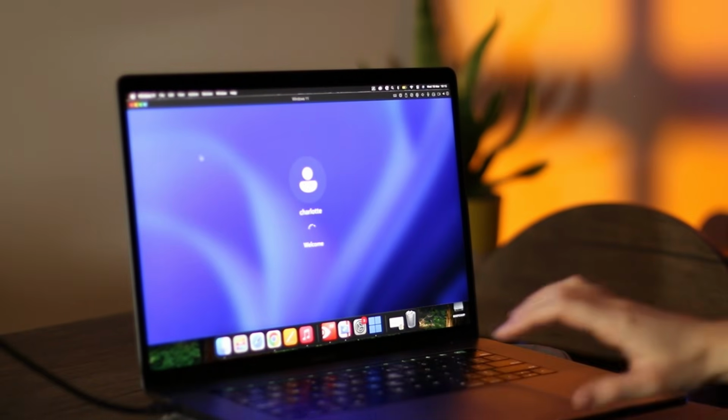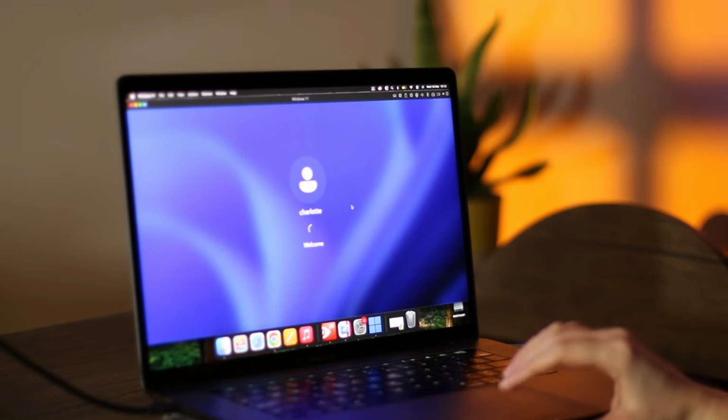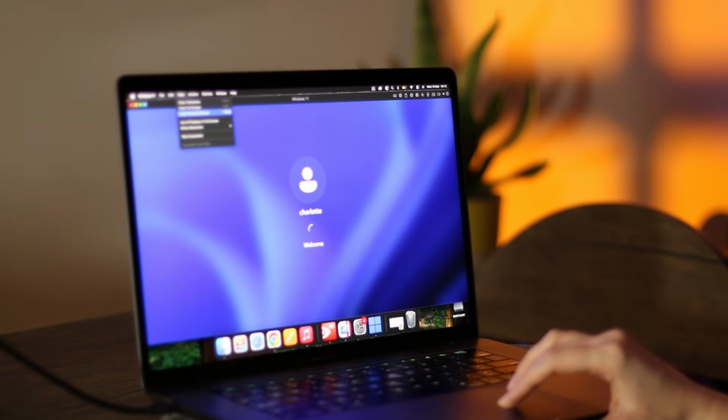Let's say you move a file from Windows to Mac, you can do that as well. It's basically like having two operating systems on one computer without needing to reboot. And you're thinking, two systems, Charlotte, my laptop's gonna heat up and it's just not gonna work. Surprisingly, it's done well. And considering that I'm using an old MacBook Pro Intel chip, and you've probably seen from